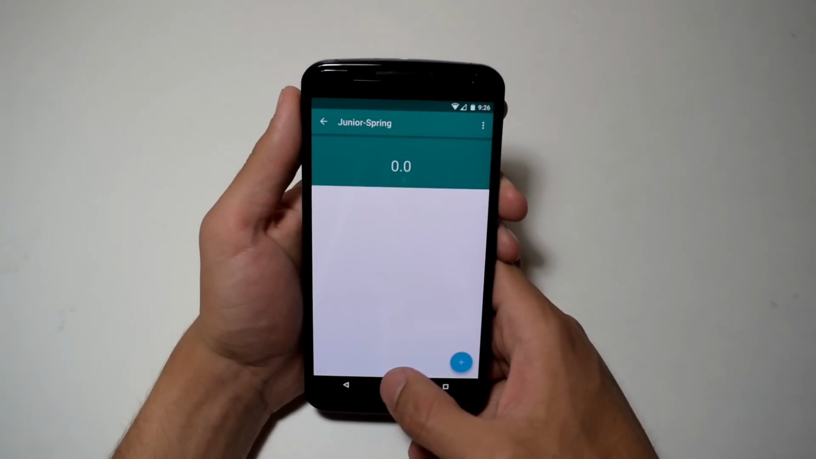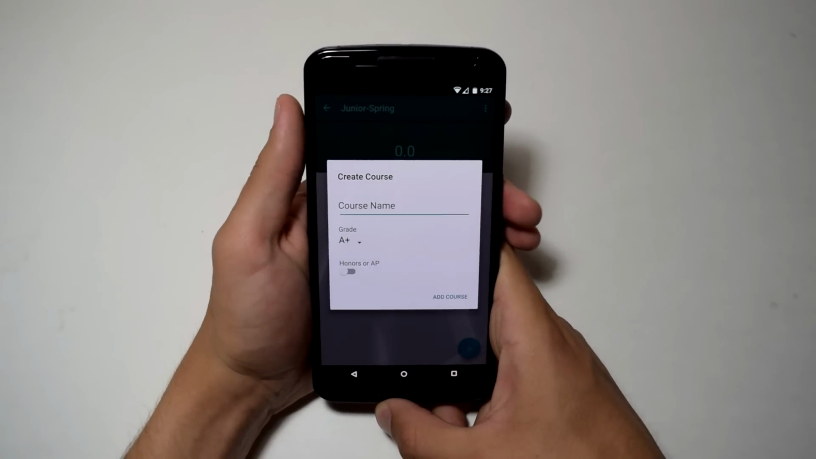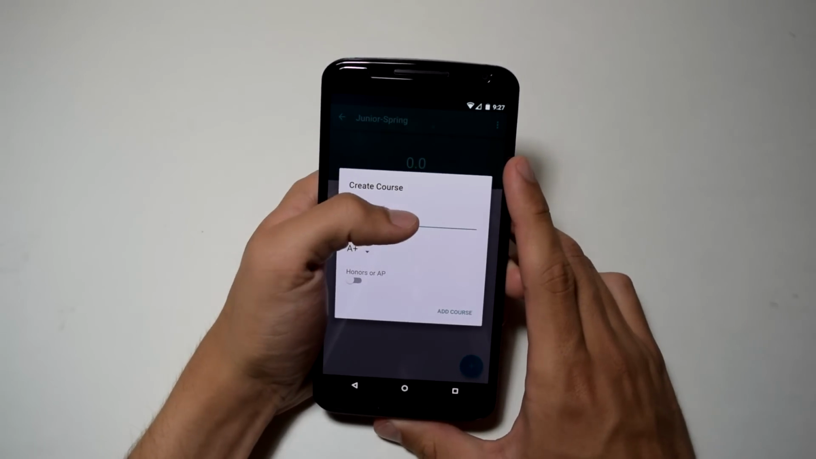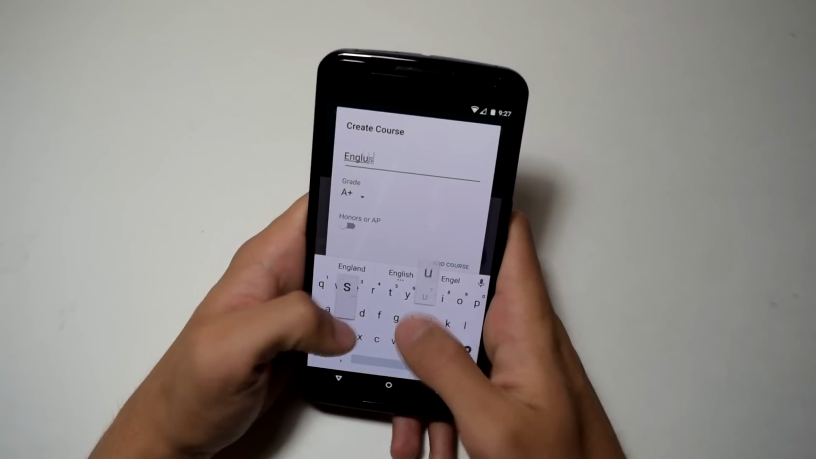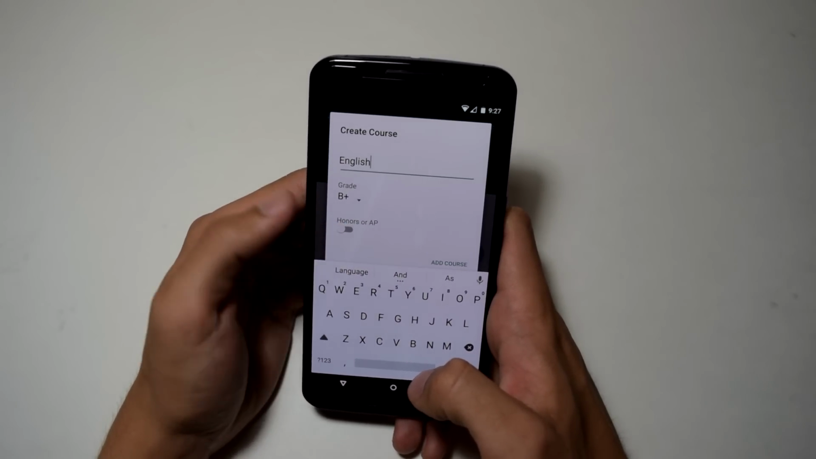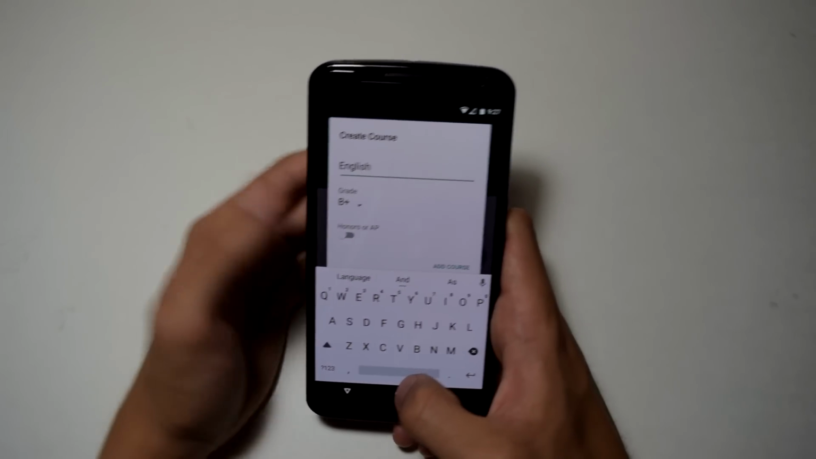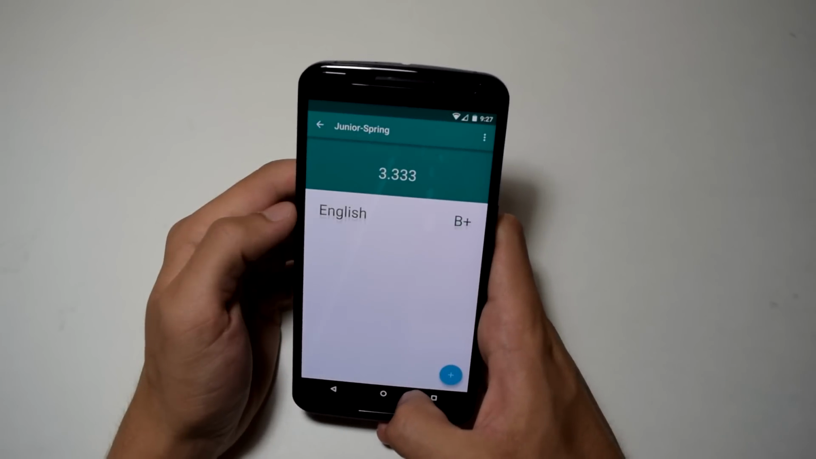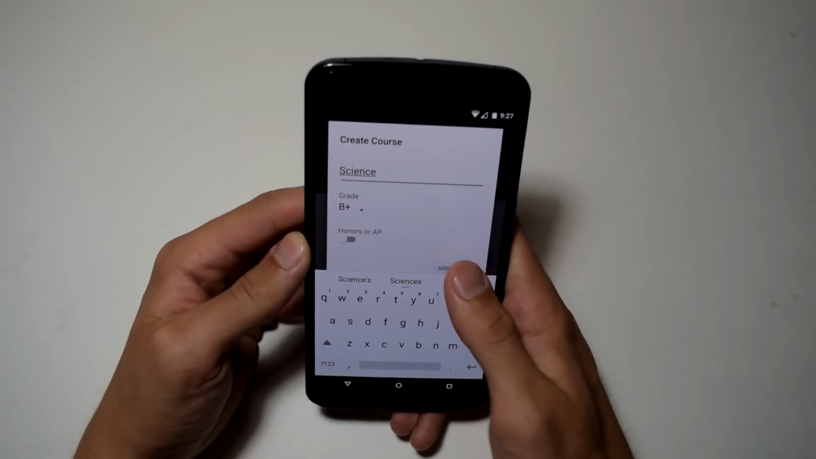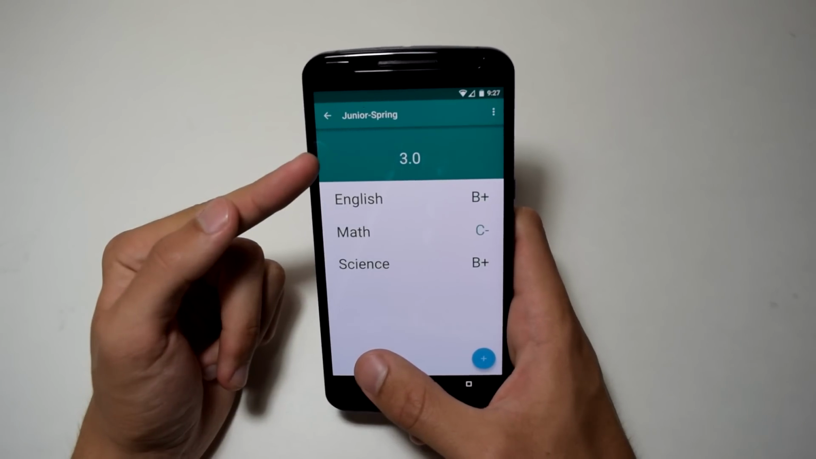And from there, I can just go into that one, and I can add in the course. So for the course, I would probably add in a class that I have. So I'm going to do English, and let's say for that class, I actually got a B+. And you can actually select if it was an honors class or an AP class, and that would actually weigh it out as well. So I'm going to add that, and I'm going to do one more, and we're going to add that course. So basically 3 classes, really simple,